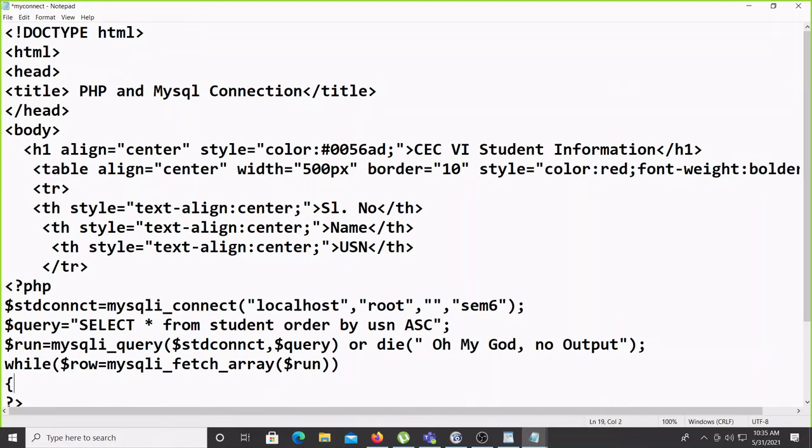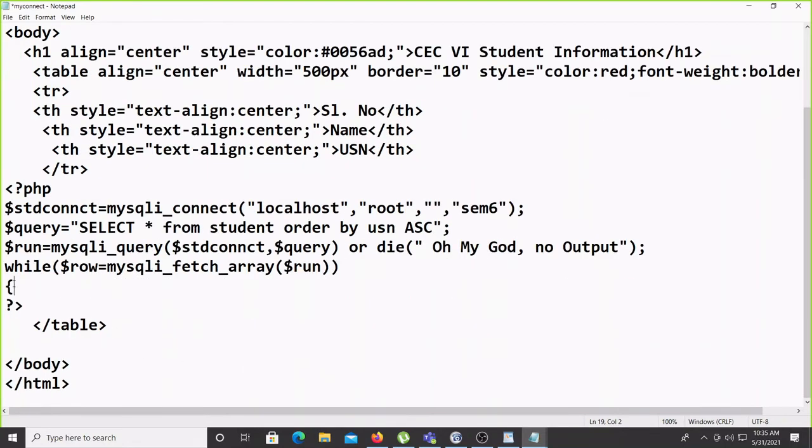Then this is the bracket. After this bracket, after the PHP again I am writing here tr, one tr will be there, and the first th, see there I use the th because the heading should be a little bit bold, and td is not bold, some data will come. So td align equal to center. And first thing I want to display is the serial number.